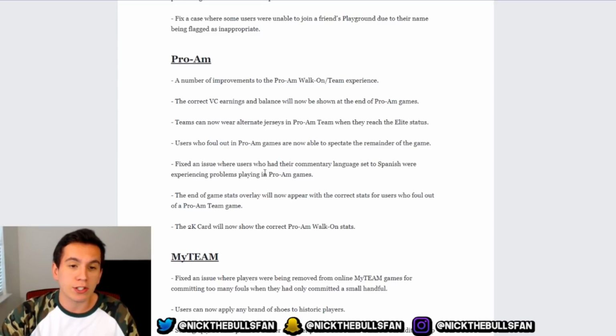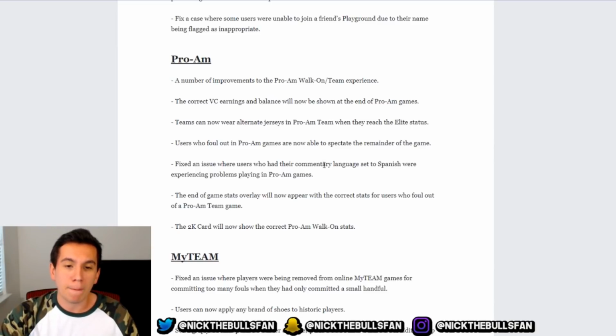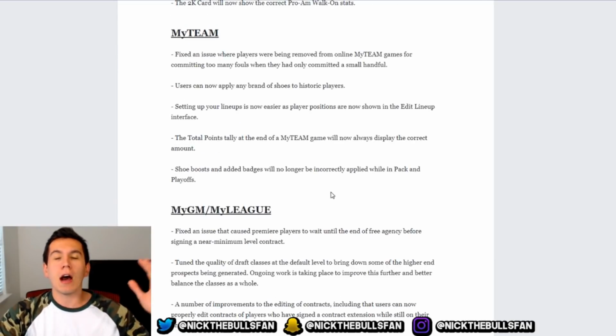Fixed an issue where users who had their commentary language set to Spanish were experiencing problems playing in Pro-Am games. That's important as well. The end game stats overall will now appear with the correct stats for users who fall out of the Pro-Am team game. And last but not least, the 2K card will now show the correct Pro-Am walk-on stats. That's important. But now the most important thing for me, because this is the game mode I play the most,